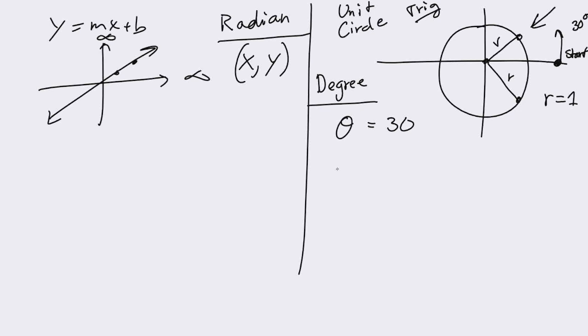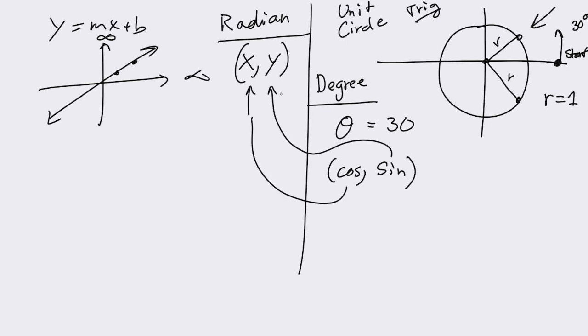The way you can remember how and what to look for is that, in a reflective notion of x and y, cosine is values of x, sines are values of y. Anytime we plug in this theta, this degree, in one of these two, we're going to seek an x answer if we're using cosine, or a y answer if